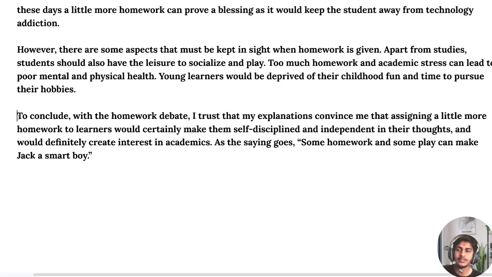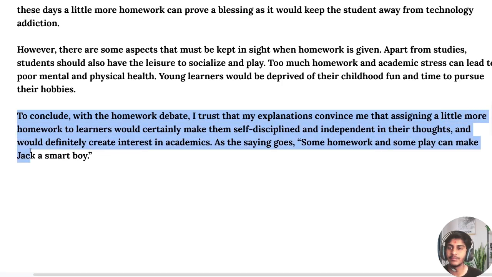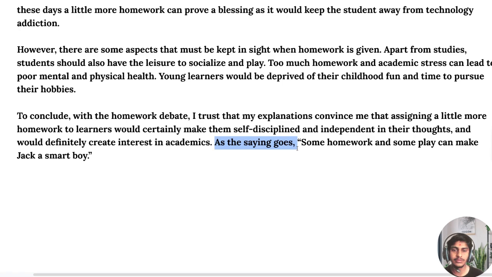Our conclusion is: to conclude with the homework debate, I trust that my explanation convinced me that assigning a little more homework to learners would certainly make them self-disciplined and independent in their thoughts, and would definitely create an interest in academics. As the saying goes, some homework and some play can make Jack a smart boy. So our conclusion is over here, and then